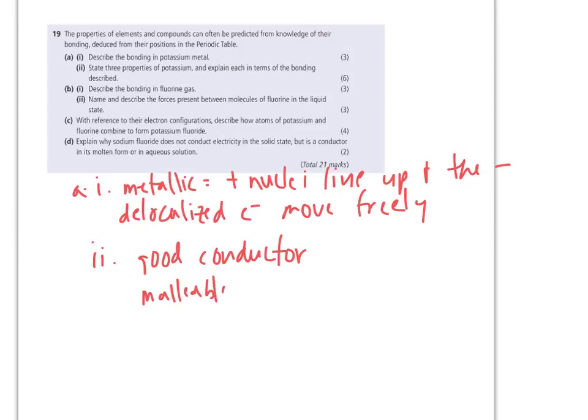It's malleable and ductile, because when you hit it, you're not going to disrupt the positive lattice, because the lattice isn't alternating positive and negative like ionic bonds are. Then it's what we call a non-directional bond, so you're not going to disrupt that by hitting it with a hammer. It also has a high melting point